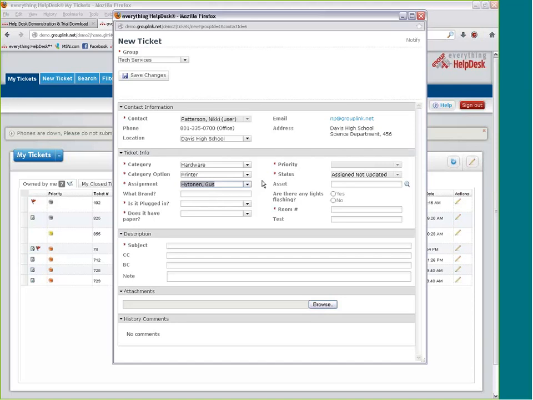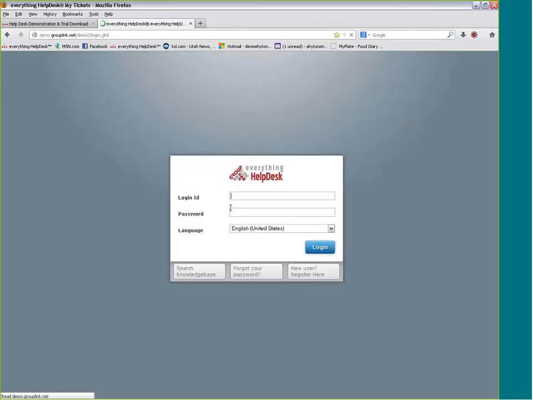the self-help portal here for the user allows them not only to search articles for common questions, but also, if they needed to, they could input their own ticket, allowing your technicians to continue to work, and then do what they do. I'm going to jump out here, and I'm actually going to come in